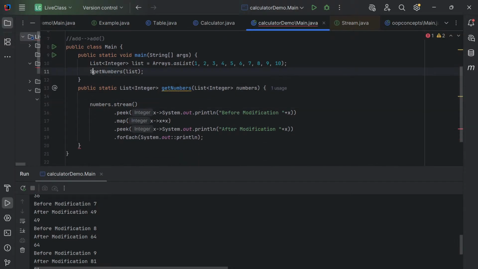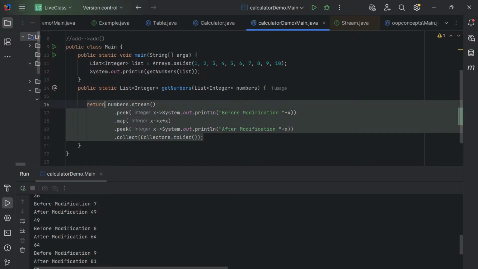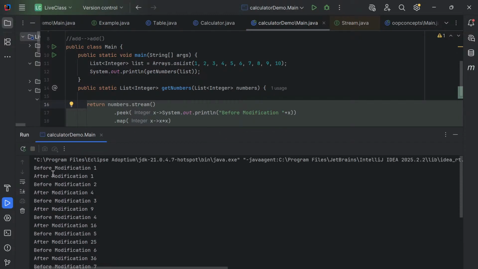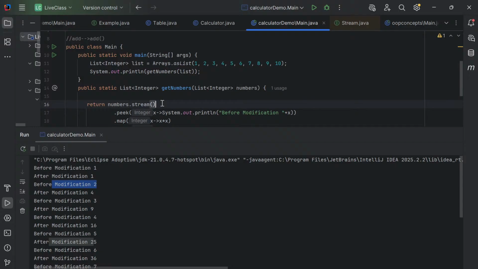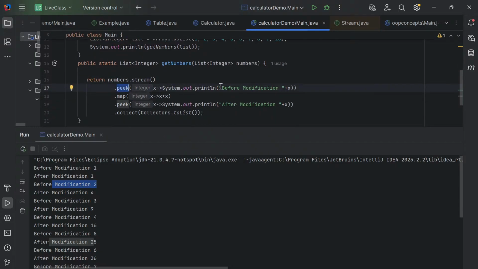Now what I need to do, I want to print it like System.out.println of. Now here it is not a forEach, it should be collect of Collectors.toList. Okay, fine. It should be return. இப்போ இதை வந்து நம்ம ரன் பண்ணுவோம். See, before modification என்ன, after modification என்ன, ஒவ்வொரு டைமும் இந்த ஸ்ட்ரீம்ல டேட்டாஸ் இன்சர்ட் ஆகும். நான் வந்து 1ன்னு கொடுத்துருக்கேன்னா அப்போ ஸ்ட்ரீம்ல 1 வந்து வரும். தென் வந்து 2, after that 3, after that 4, அந்த மாதிரி எனக்கு என்ன டேட்டா அந்த ஸ்ட்ரீம்ல உள்ள வருதோ that data